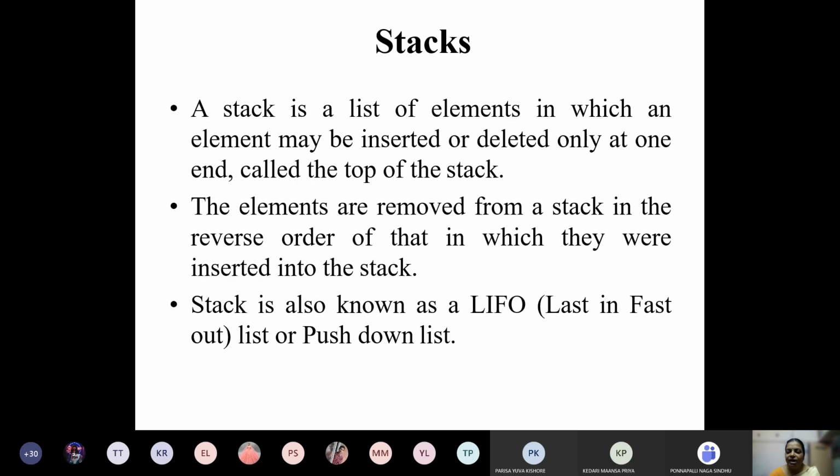The first application is stacks. We already know that a stack is a last in first out structure, which is used to store values temporarily. The stack is already implemented in our computer. Whenever you are working with the operating system and performing simple operations like additions, subtractions, multiplications, the intermediate results are stored within the stack.